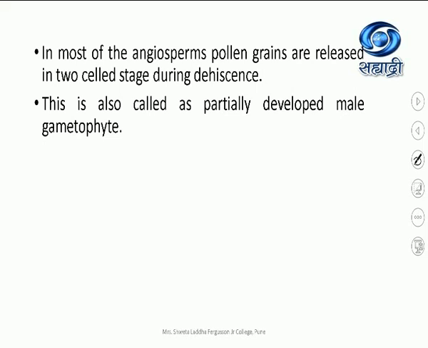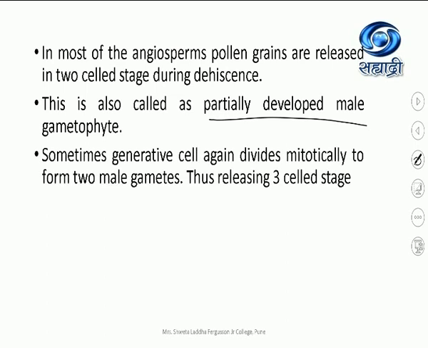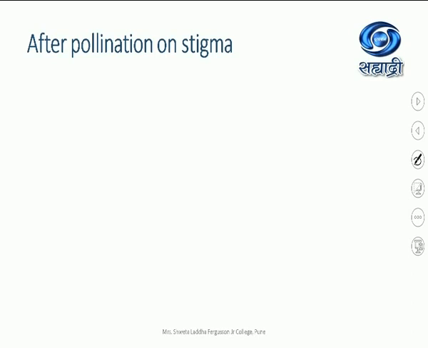Sometimes this structure is called a partially developed male gametophyte. It is not yet completely developed, but very, very rarely, the generative cell again divides mitotically and 2 male gametes are also formed. So it sometimes releases in 3-cell stage, but usually it is present in 2-cell stage and it is released during 2-cell stage. Now this pollen grain goes and falls on the stigma of the flower of the carpel,